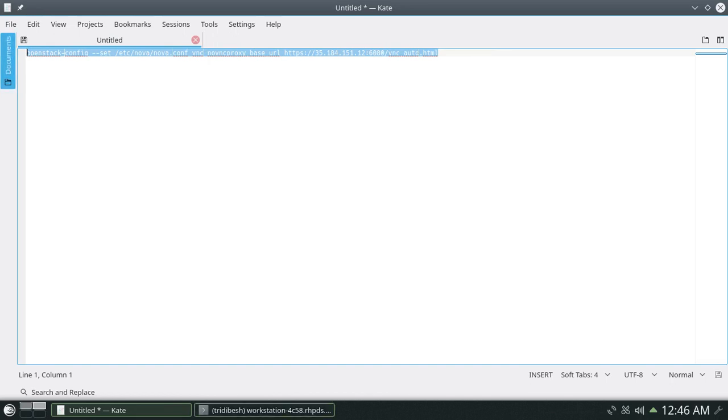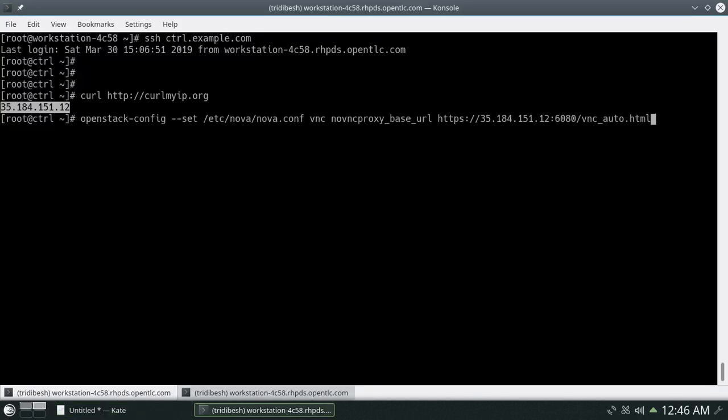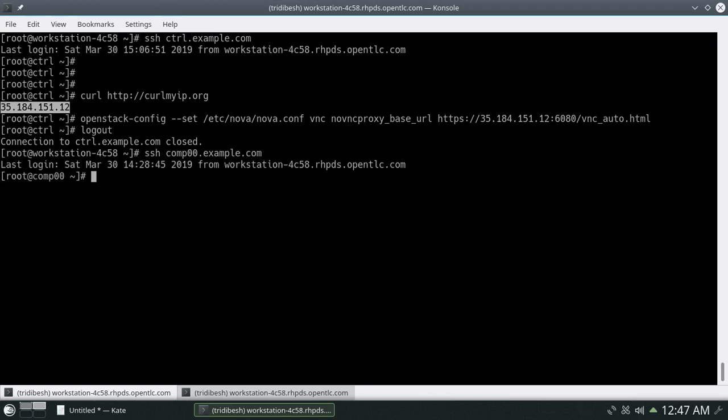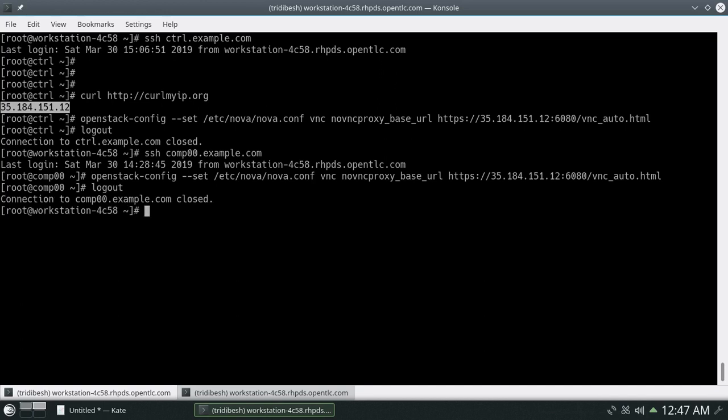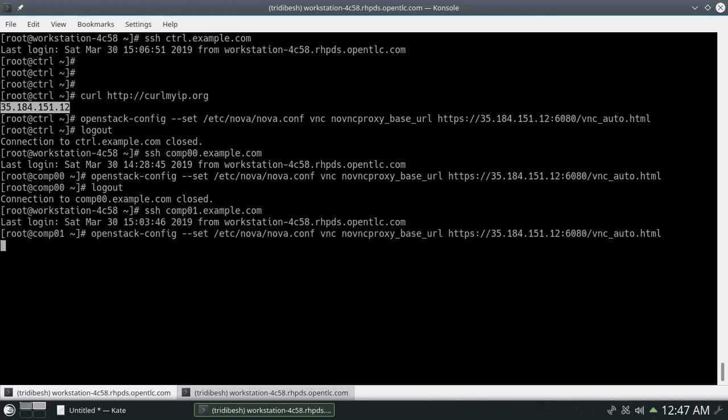So let's make the change here first on the controller node, and then go back to the first compute node, that's comp 00. So make the same change here also. Now go back to comp 01 and make the same change here also.